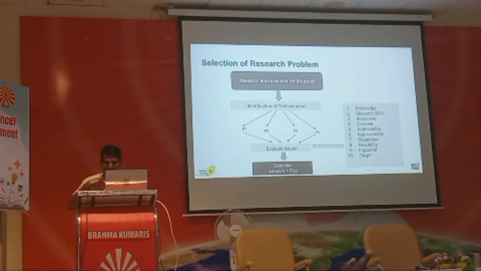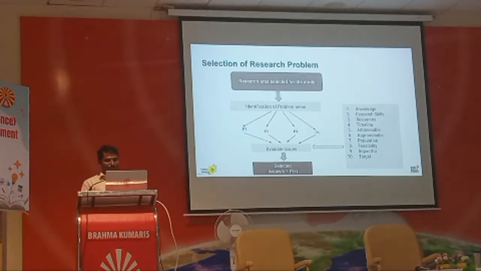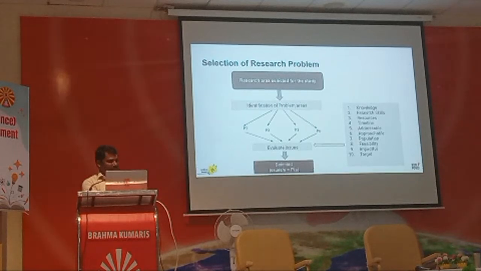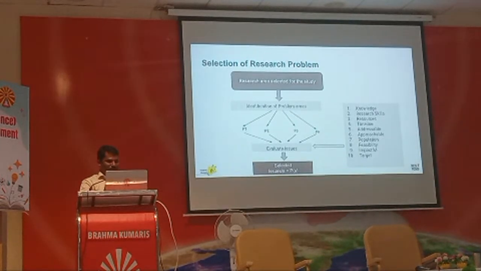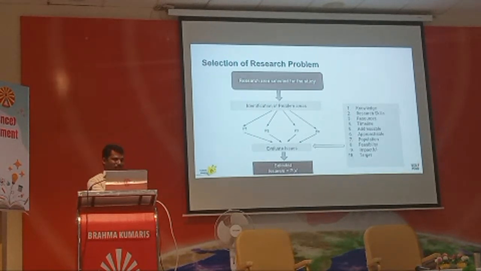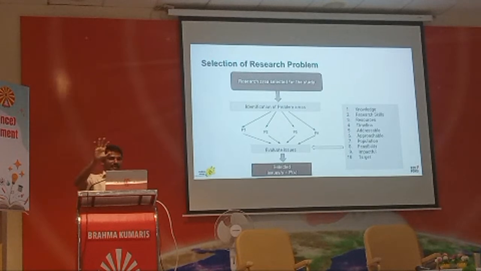Say, myself, I'm having a lot of cognitive problems, emotional problems, behavioral problems, social problems, and I can take these as a problem. And for that, whether I can take these components as my research problem, how can we check? These are the criteria. I'm going to tell you there are 10 criteria you can check yourself.